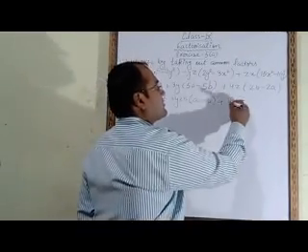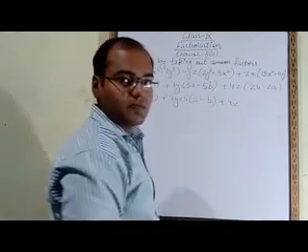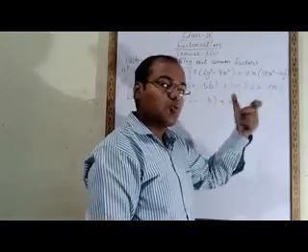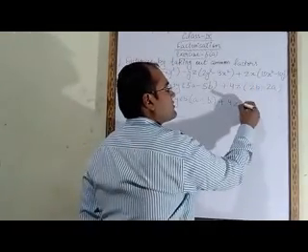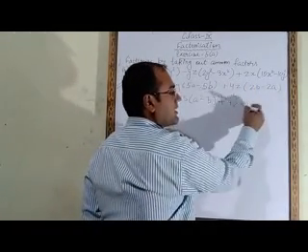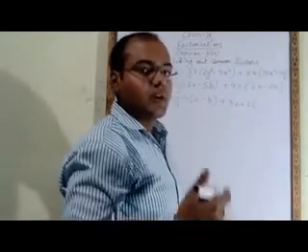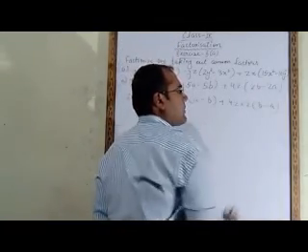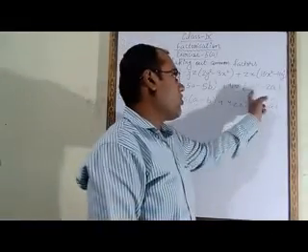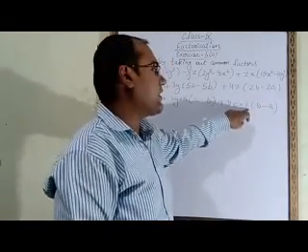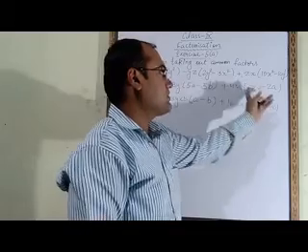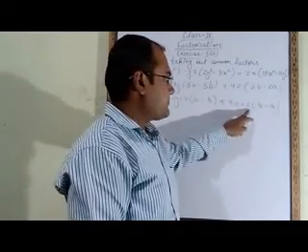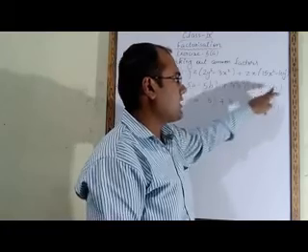Now next is 2b minus 2a. From these two terms also we can take 2 common. So what we will do? This 2 we will bring outside. So here we have to put a multiply sign. Now in the bracket we have to write the remaining terms. Remaining terms are b minus a. After taking 2 common outside the bracket, we get b minus a.